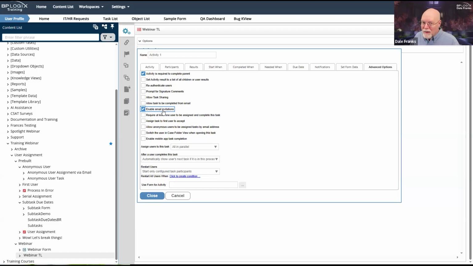And then they can click on that link and they can perform that task. Similarly, for unauthenticated users where I have their email, I can send an email to them and they have a special task link that allows them to participate in the task.